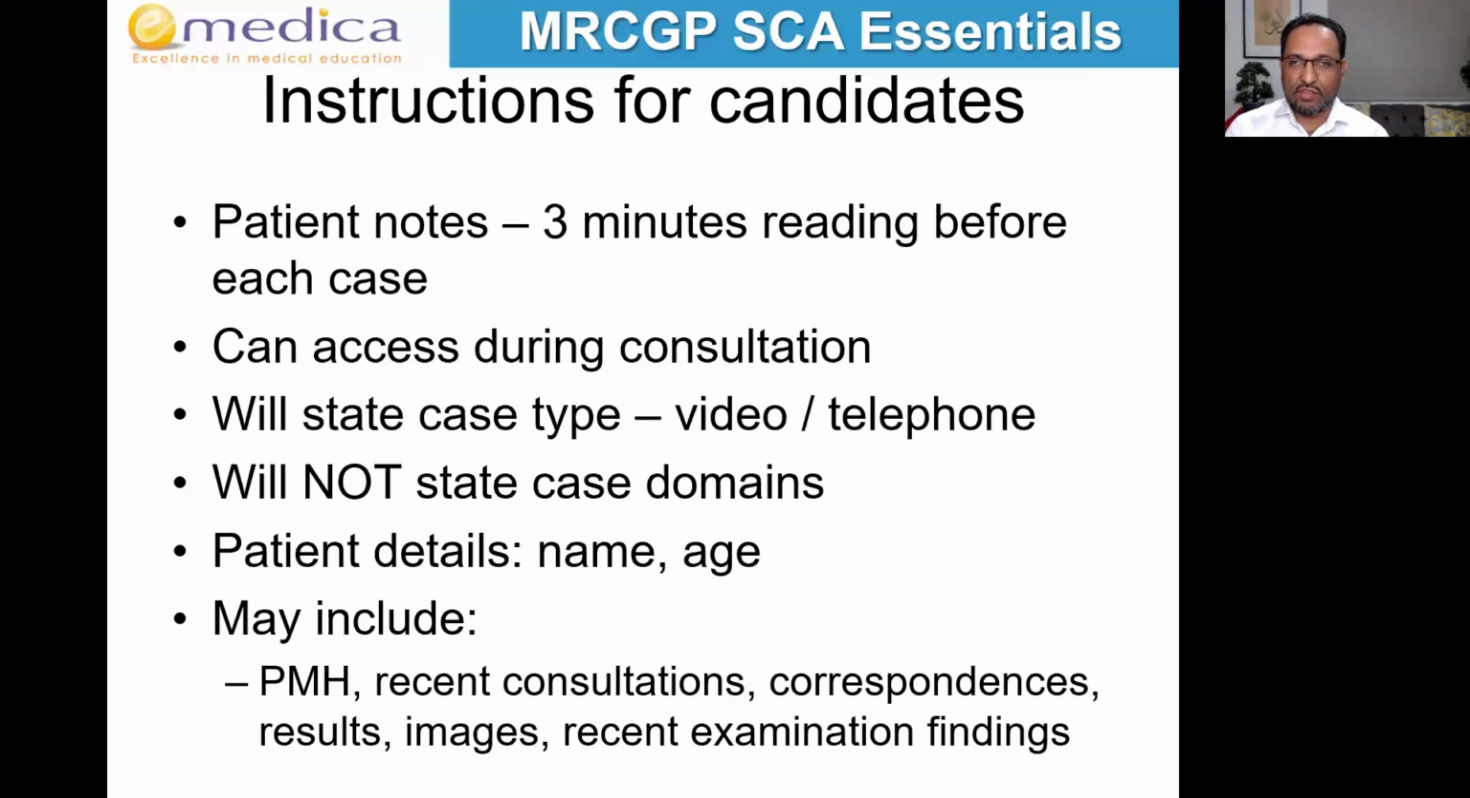So it won't state that this is a patient who has come to talk about gender, for example, or that it's going to be urgent, unscheduled. You won't know that. That's for you to work out, okay? You will be given the core details, so name, age, and then there might be past medical history,